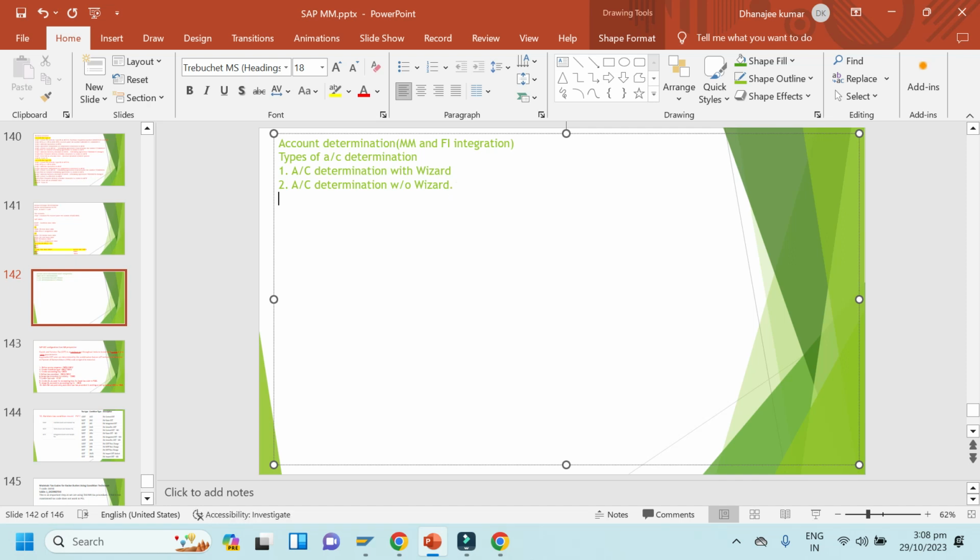Note, in real time, make one note: in real time, without wizard is used to fulfill complex requirements.